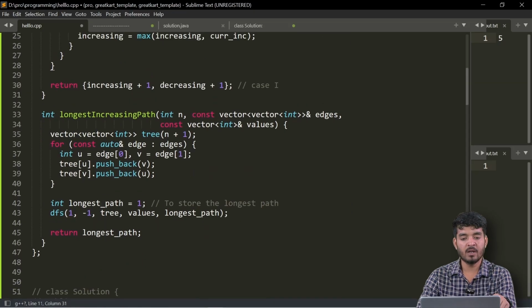So this is the given function. Here I have just created a tree adjacency list, and then the longest path, that is my answer, is 1. I will initialize this answer with 1 because at least one answer is always possible. And then I call this function starting from node 1, which is the root node, and its parent is -1. We have to consider one based indexing. Then there's the adjacency list and the values array, and then there's a temporary variable, this answer variable longest path,